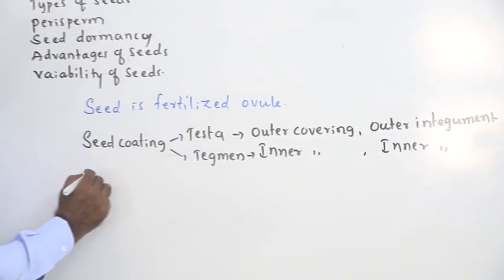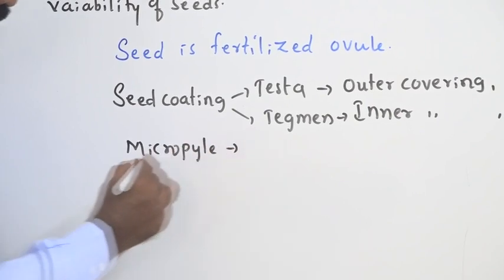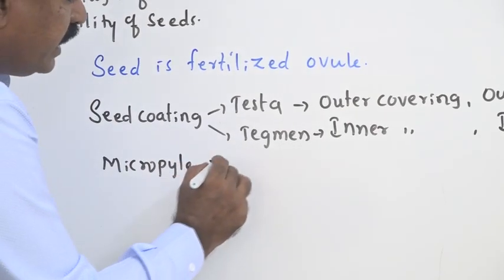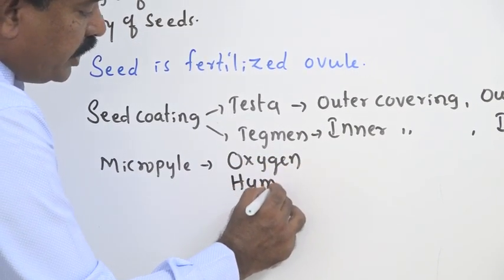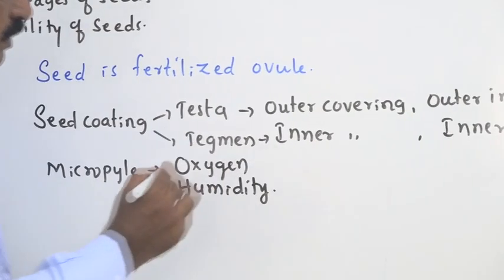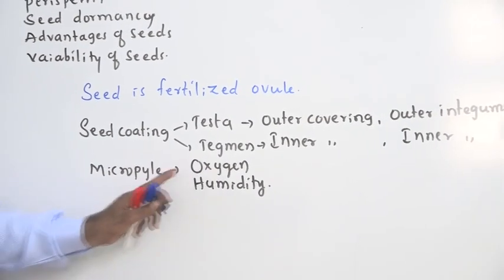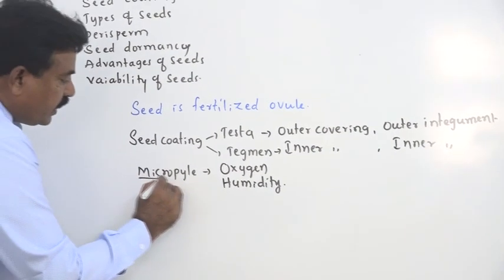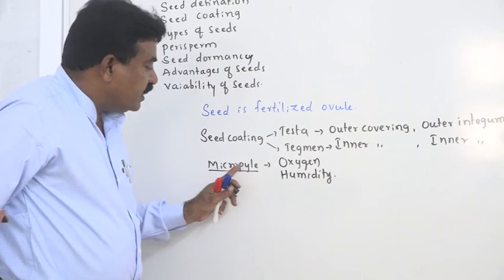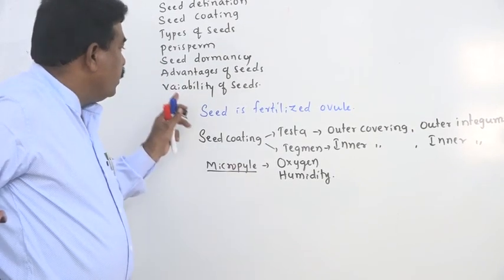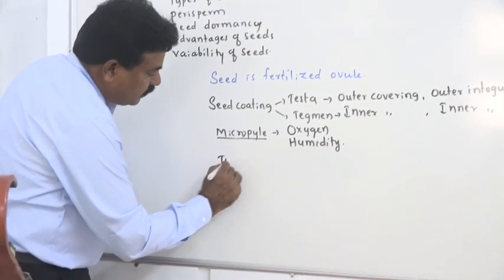And seed has a microscopic aperture that we call micropyle. Through that, the seed gets oxygen as well as water in the form of humidity. The atmospheric vapor or moisture, what we call humidity, both water and oxygen are received by the micropyle. Listen here, generally the micropyle of ovule itself becomes the microscopic aperture micropyle of seed after fertilization. Then if you take types of seeds,